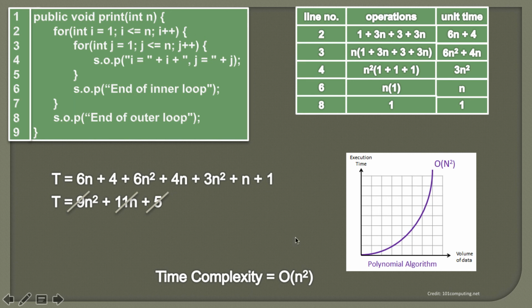And also, friends, similarly, let's say if we had one more for loop inside the second for loop, this would have gone to n³ times, if the conditions provided here are the same. So it would have taken O(n³) time, which is also a polynomial algorithm and which is also really bad. So here in this video we discussed how we can calculate the time complexity of a polynomial algorithm.